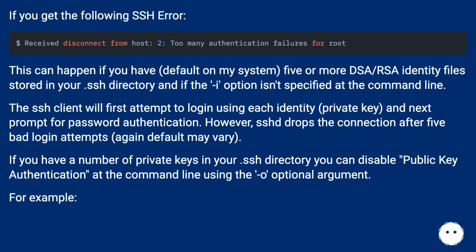Again, the default may vary. If you have a number of private keys in your .ssh directory, you can disable public key authentication at the command line using the optional argument. For example,